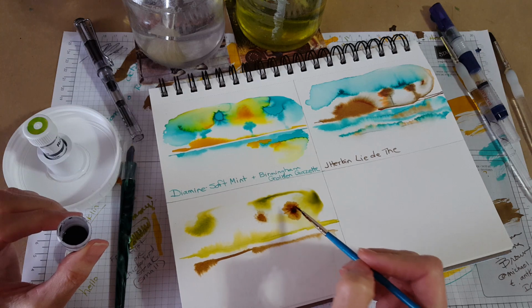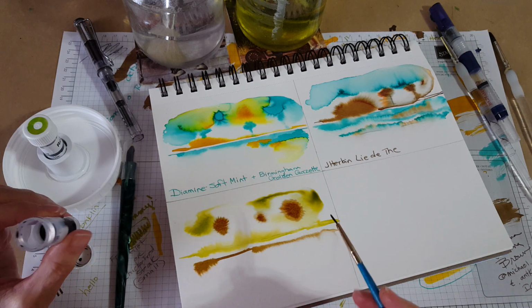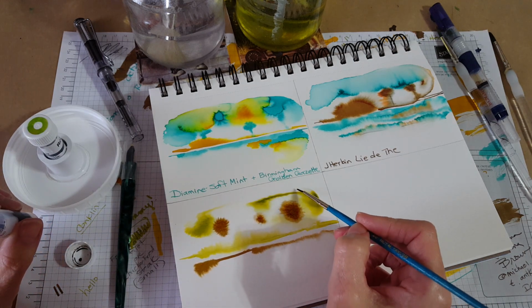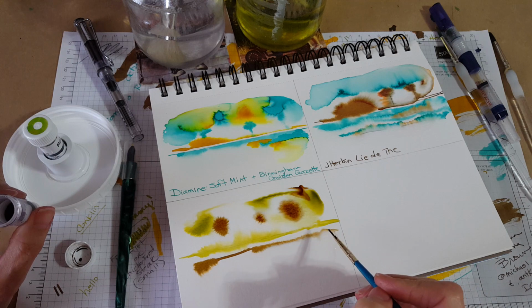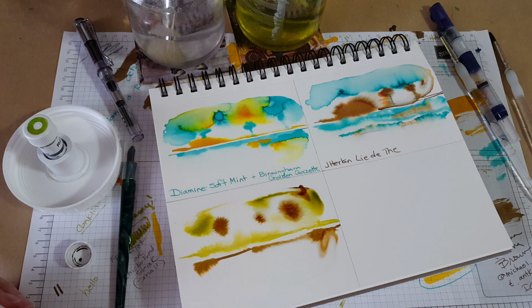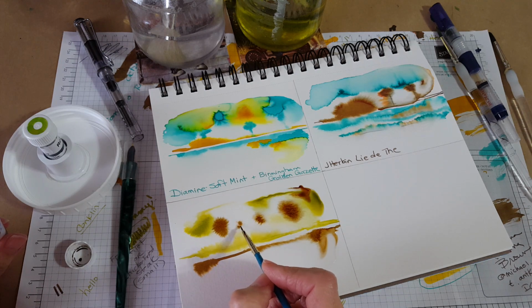Now, I'm not sure if these two go together. Oh, I like that, if they go together, but the whole thing about art journaling and doing a visual journal is to get over the, is just try stuff, try different things. And I'm not the best at that. I kind of tend to try to control things. That's pretty. I think that actually does something. It helps a little. Wish I had it in a nib, because I would probably do my detailing, which I can do, but